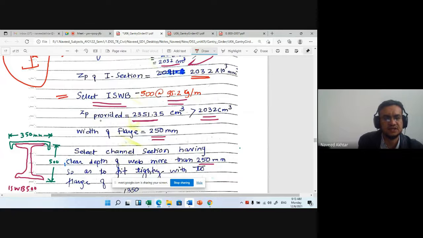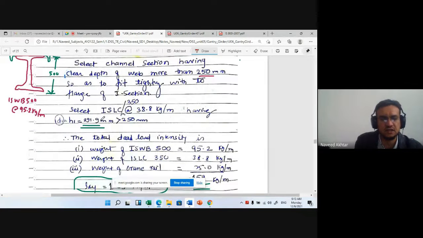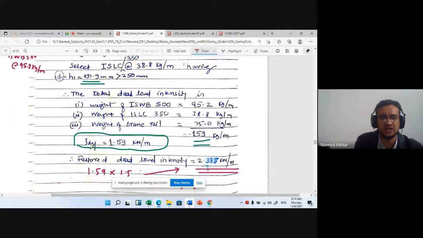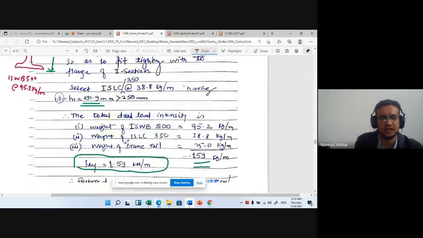So we have selected the section ISWB 500, about 95.2 kg per meter, and the width of flange is 250 mm. Based on that width of flange, we have selected the depth of the channel section, that is 350 mm. Why have we given this? Because a clear depth of web of more than 250 is required. Okay, so then we have selected the I section and channel section, and based on that you have to find